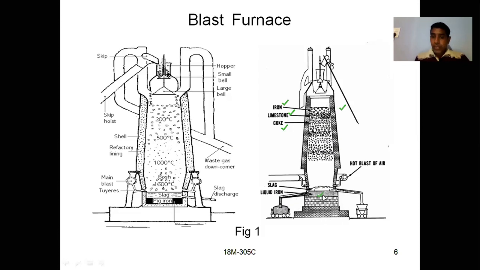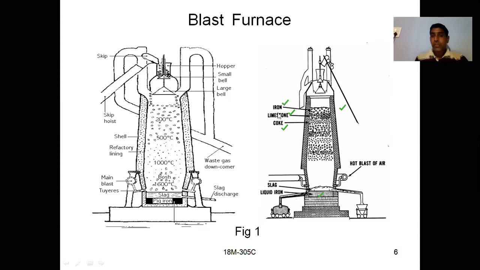Here you have the pig iron in the liquid state. If you observe, the portion in blue color is nothing but the pig iron in the liquid state, and the white portion here is nothing but slag, which is floating on the pig iron. The slag has less weight, so it can float on the pig iron, which settles on the hearth. The slag can be removed using this slag discharge hole, and the pig iron is tapped as liquid iron from this tap, and it can be sent to further processing.